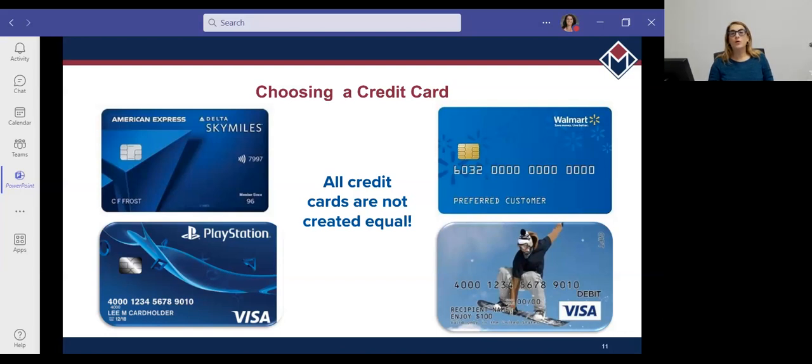First, you're figuring out, why am I getting a credit card? Right? I just said, I don't want you to just go out and get one for the sake of it. Well, why do I want one? Well, I want to order things online. And even though ordering things online is safe, it kind of makes me uncomfortable putting my debit card number in because, if something happens and the number gets stolen, then that can drain my bank account. And by the time it gets all figured out, it's really difficult. So if I order things online, I'd like to have a credit card that I can use just in case